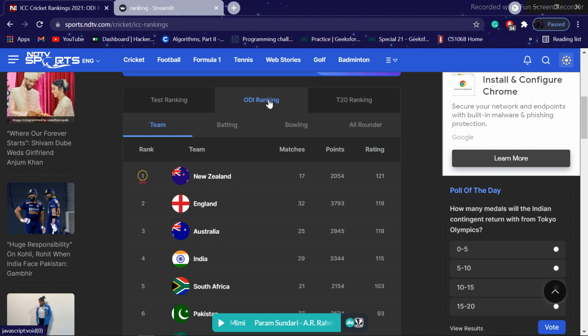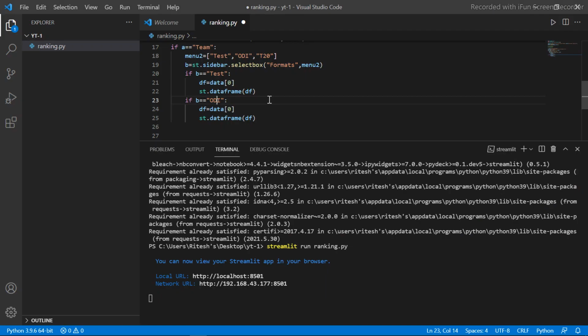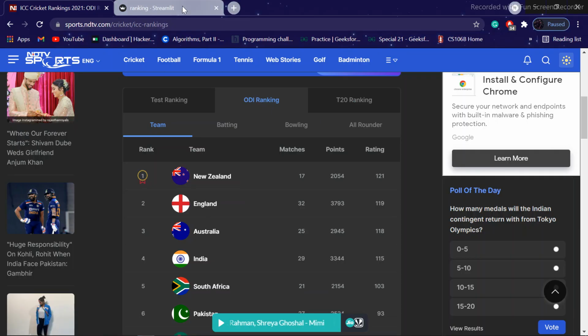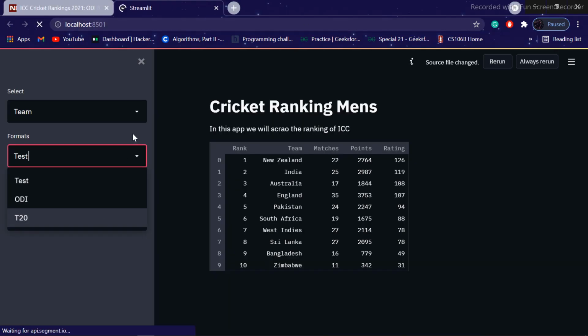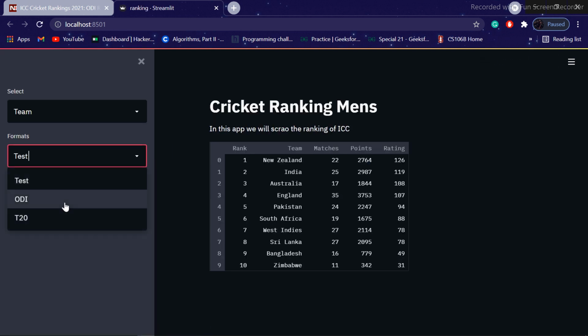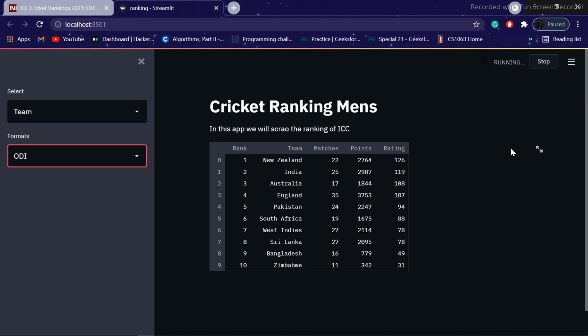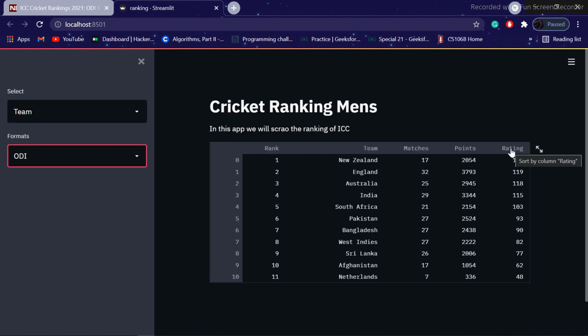Now the fourth element of data contains the team ranking of ODI. So here we will put 4 in st.data. Okay, now we can see that it is coming for ODI too.